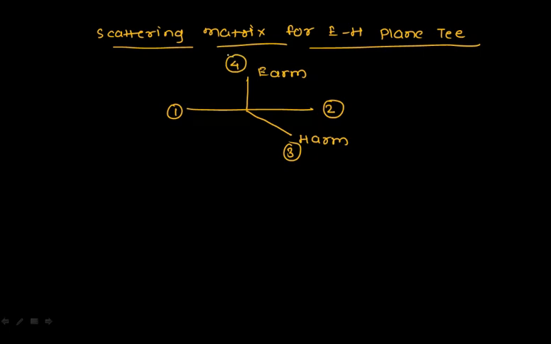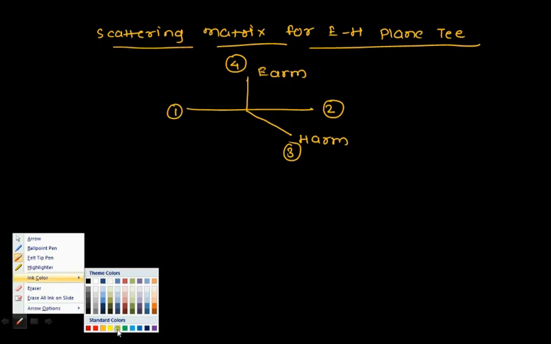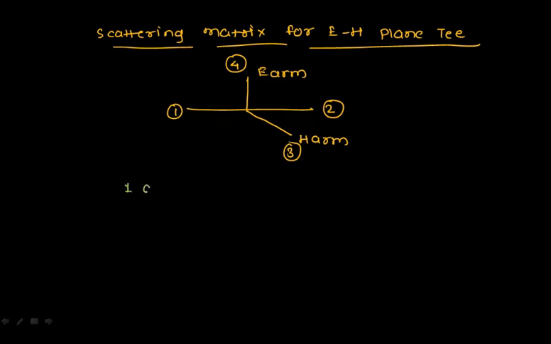So why is this T called a magic T? Because your port number 1 and 2 are in isolation. What we say, 1 and 2 are in isolation. When I say these are in isolation, it means if you are giving something to port number 1, there will be nothing at port number 2. Similarly, your 3 and 4 ports are in isolation. So here, if you give anything to 3, you will get nothing in 4, okay.